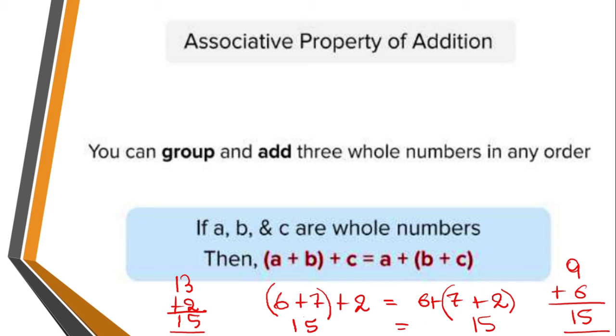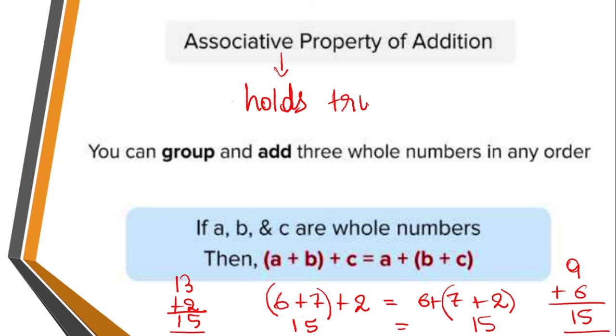But not only in this case, if you take any problem in addition and group the terms and then solve them, the answer on both the operations will be same. As you can see here, on both the operations we have 15 as our answer. So we can say that associative property holds true for addition.